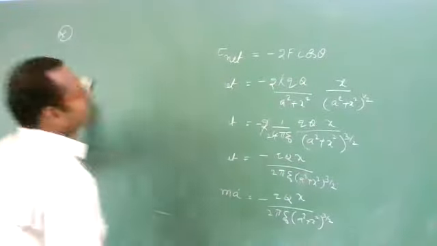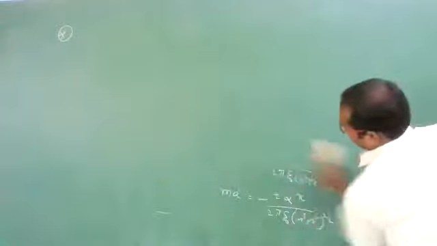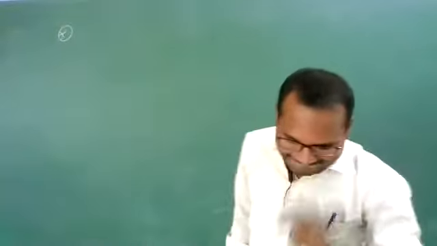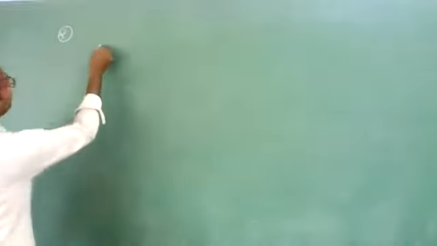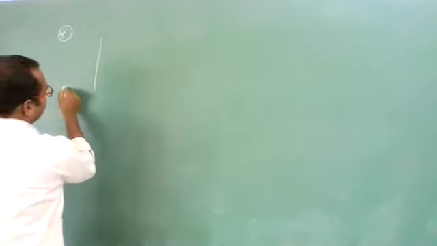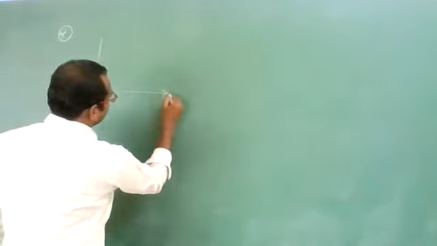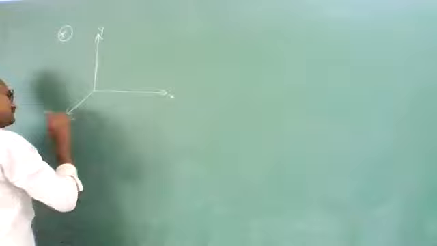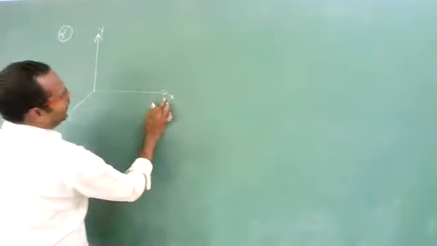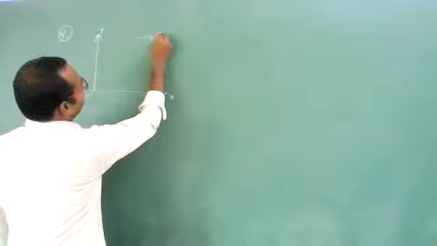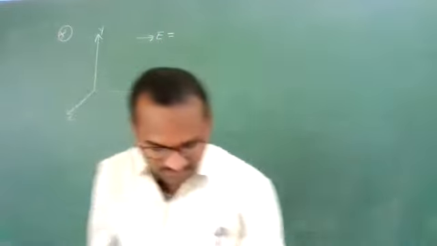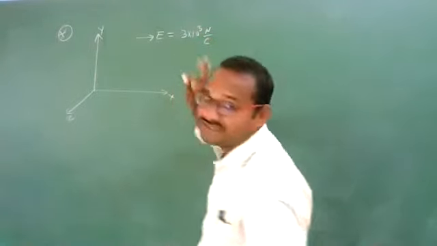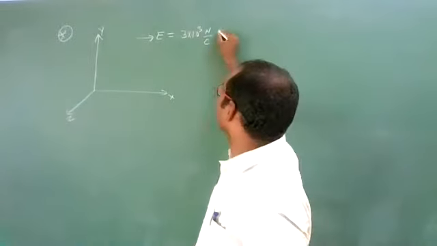See, one question I am giving now, students. Let us consider there is one uniform electric field like this, in the X, Y, Z plane. Imagine this X axis, this you consider Y axis, and this you consider Z axis. Clear? Now along the x-axis there is an electric field, and that electric field has a value of 3 into 10 to the power of 3 Newton per Coulomb. Electric field is along x-axis, means I cap.